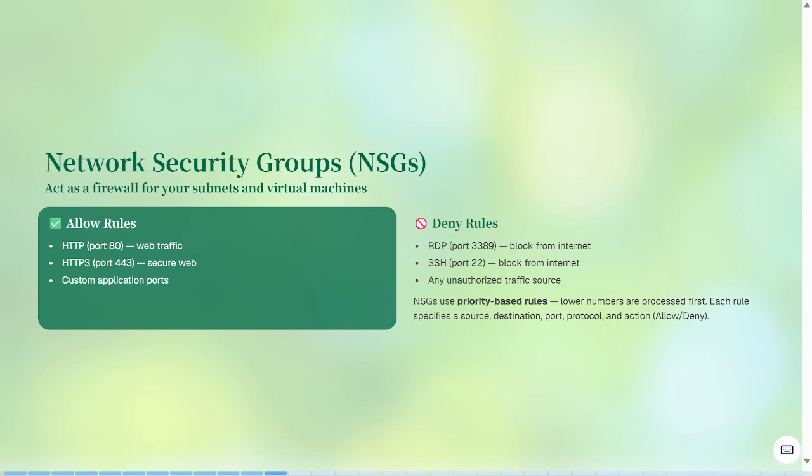An NSG is like a security guard at the entrance of the corporate office. The guard checks every visitor before allowing entry, right? Like that, an NSG also checks that